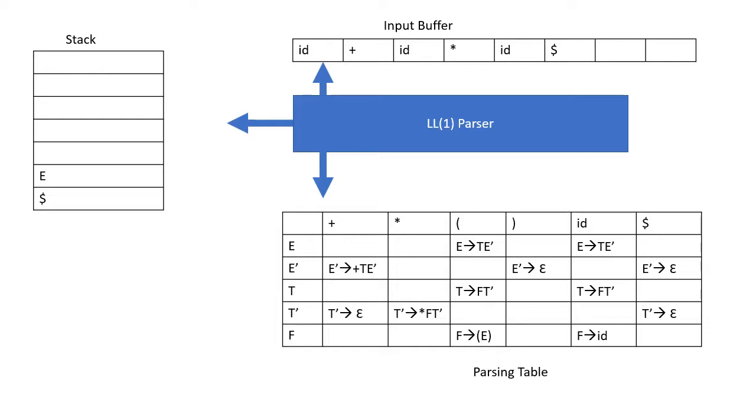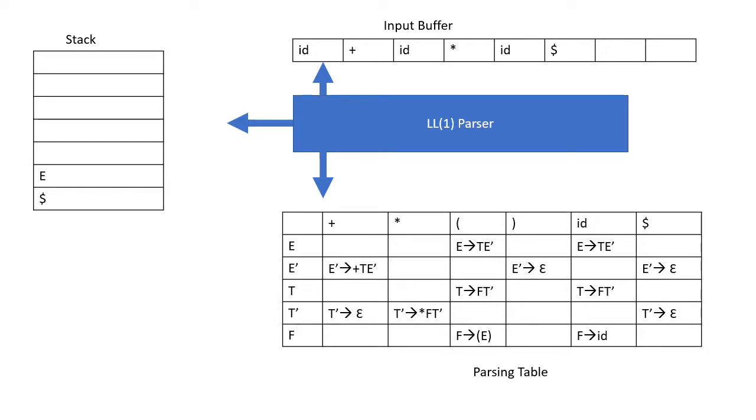So for our expression grammar that we had created, here we have the LL parser. The parser will look at three things. One is the input buffer, which contains the input. My input to be parsed is ID plus ID into ID, ending with a $. This is in the input buffer. Then there is the parsing table. For each non-terminal I have one row, and for each terminal I have a column. And this table has already been filled up.